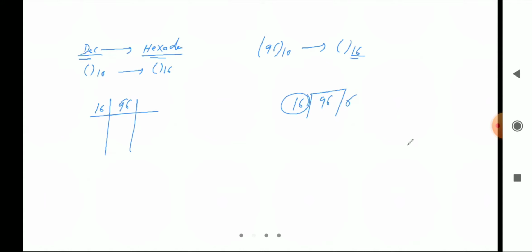6, right? So it is 96 and remainder is 0. Okay, so here quotient is 6 and remainder is 0. Now can I divide this one again with 16? No, I cannot divide this one, so finally I can say this one is 6 and 0, and its base is 16. Okay, finally this is the result. Let's solve one more question.